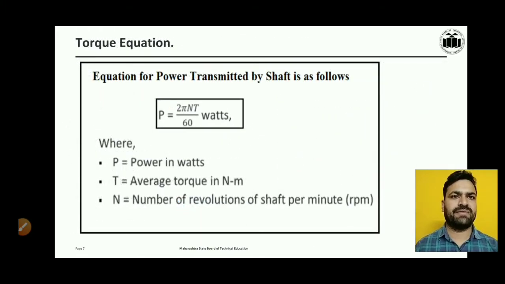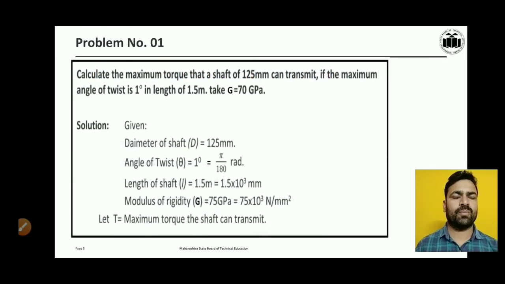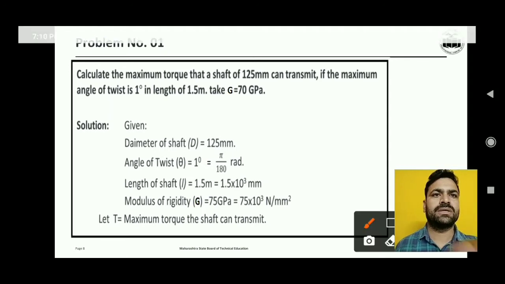Again, torque and power equation. The equation for power transmitted by a shaft is as follows. Again, this is discussed in part number 1, but still P is equal to 2 pi NT upon 60, where P is power in watts, T is the average torque, or we call it the mean torque, in Newton meter, and N is the number of revolutions of the shaft per minute, that is RPM. So based on all these formulas which we discussed in part number 1, we are going to solve some problems. The first problem is: calculate the maximum torque that a shaft of 125 mm